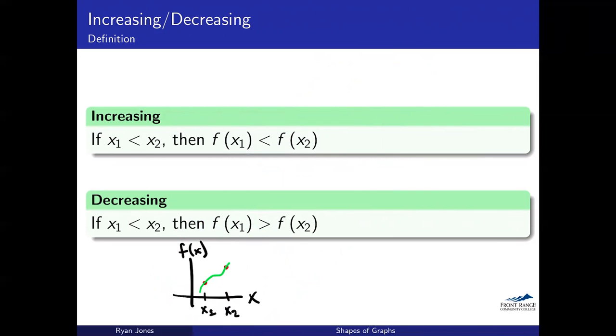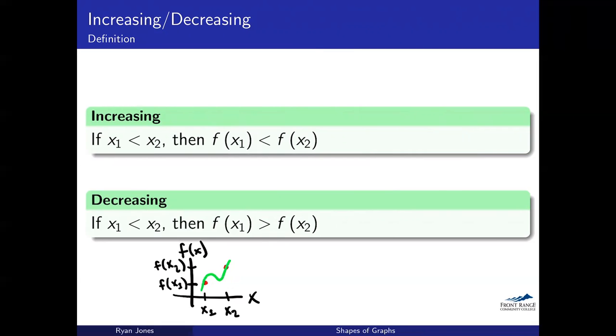If x1 is smaller than x2, which we can see is the case here, then my f of x1 better be smaller than f of x2. And that's definitely the case right there. So that would be an example of an increasing function. And in this case, we could only be sure of ourselves that it's increasing between x1 and x2. And even then, you might even have some issue like this,